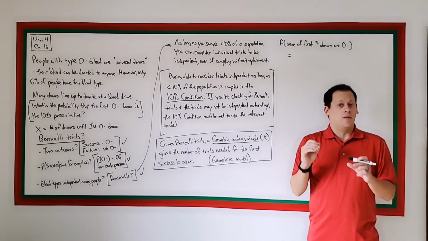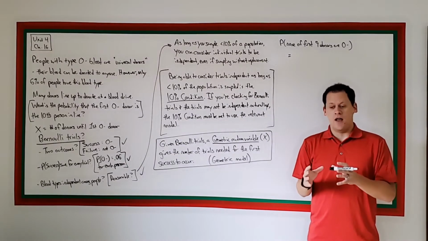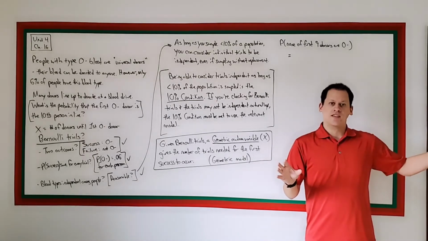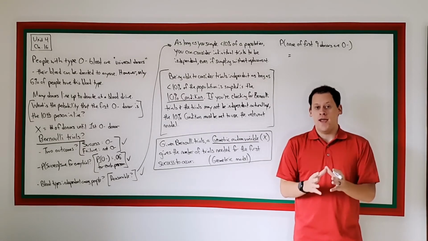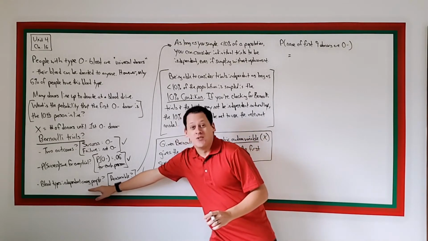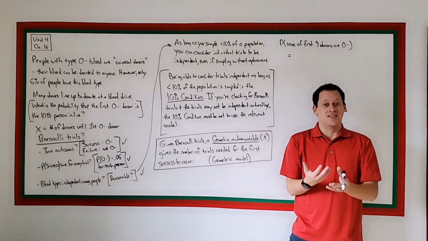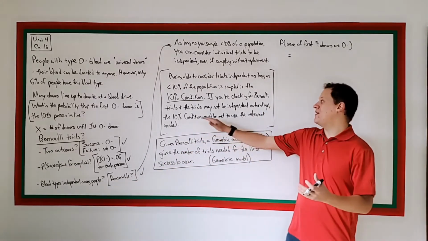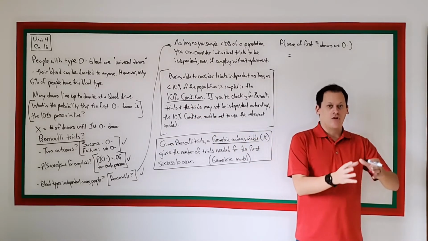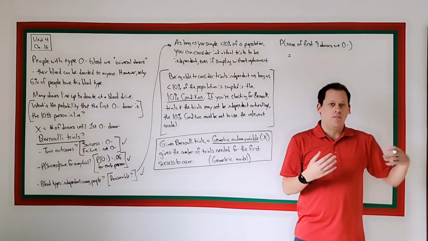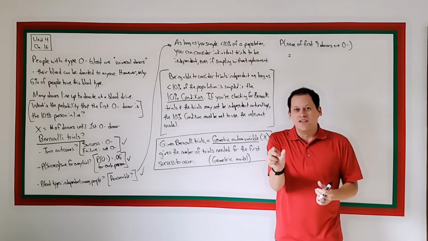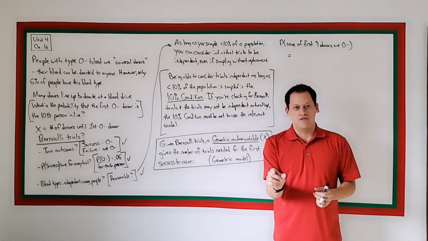Now, it might be easiest to split it up into individual people, right? So we need the first, second, third, fourth, fifth, sixth, seventh, eighth, and ninth people to all be not O negative. And because we have assumed that each person's blood type is independent of all the rest because we met the 10% condition, if we need the first and second and third all the way up to the ninth being not O negative, we should just be able to take each person's individual probability of being O negative, so we'll